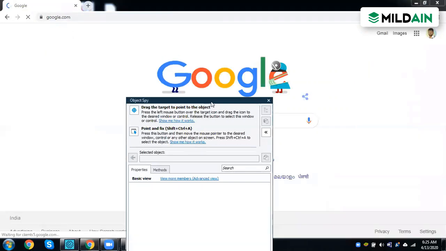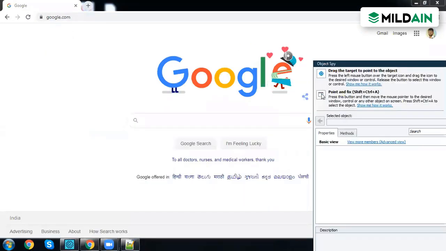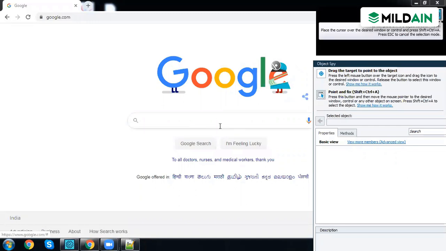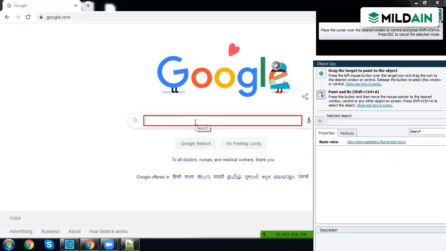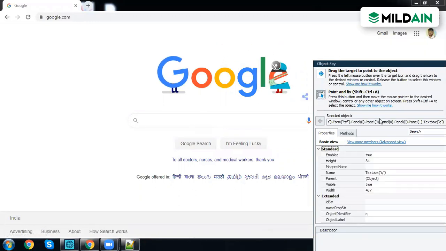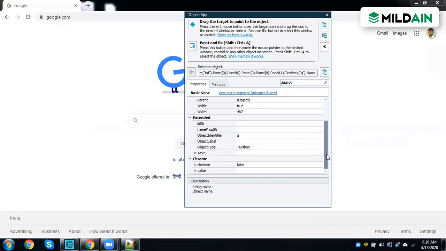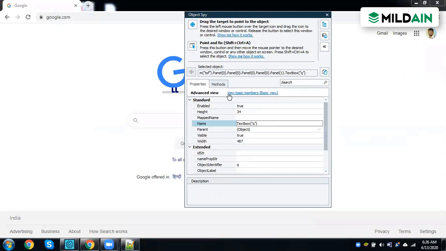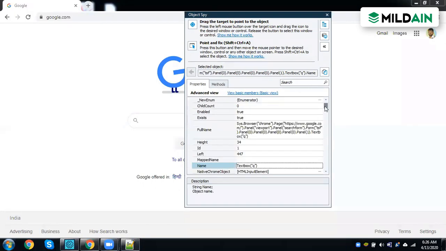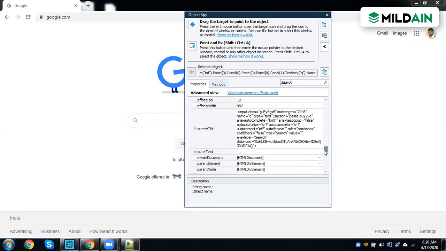Either I can use drag and drop or point and fix. I'll use point and fix so that we will know where the red color is getting highlighted. I have highlighted this, and we get so many properties. This is the basic view with a limited set of properties, and if you click on view members, you will get more properties.